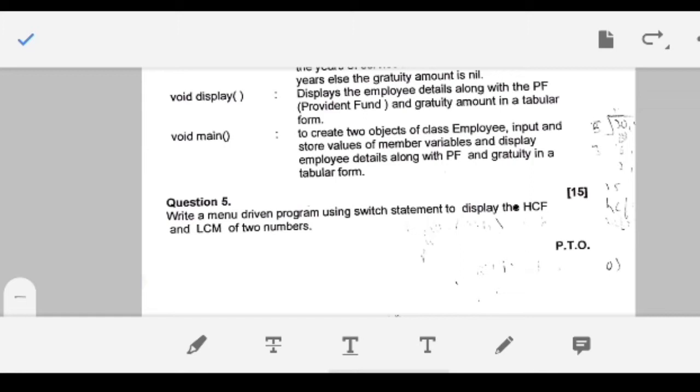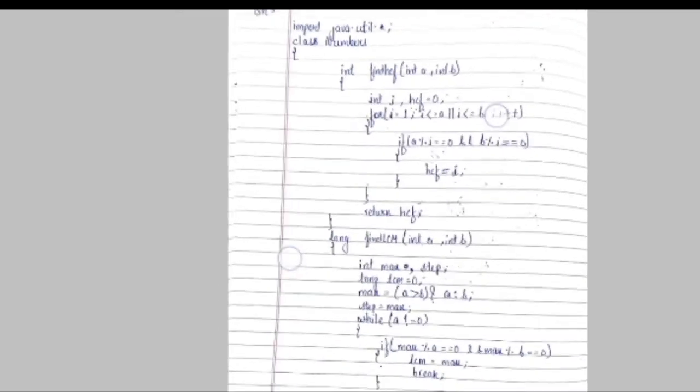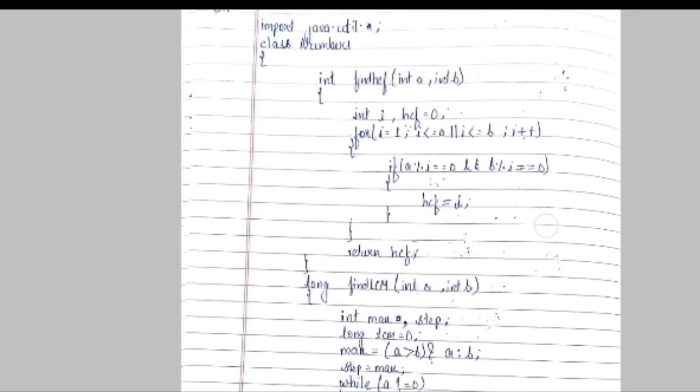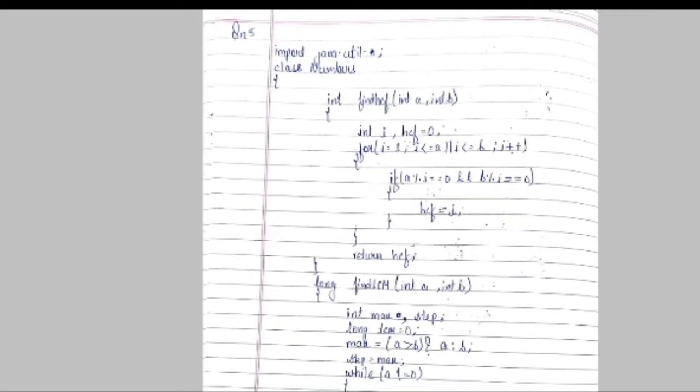Whether to display the HCF or LCM or to terminate the program. So let's begin it. In the beginning of the program, I imported the java.util statement since we have to use class Scanner. Next, I have declared the class of name Number, and since we have to give users a choice for